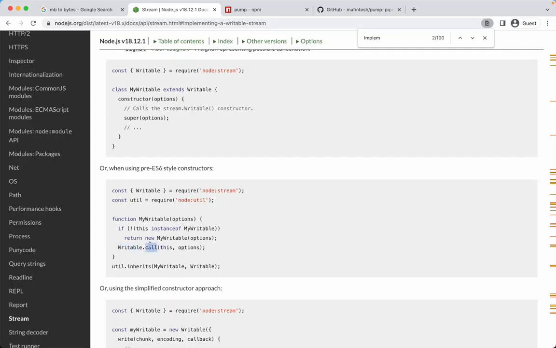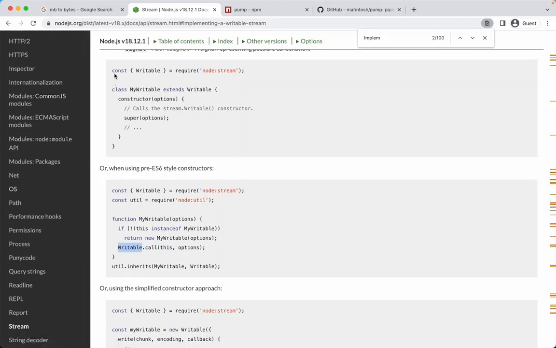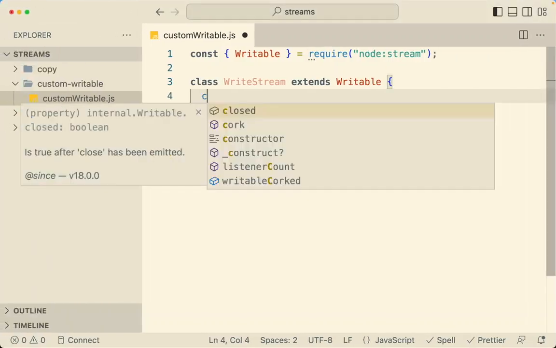So when you use .call, what you're doing is saying change the this reference of that function to this reference. It is really something related to JavaScript and will take a while to explain, so I'm not going to do it. So if you are not really understanding this part, just read about super and this, and you're going to be good to go. Alright, so I'm going to define my constructor,